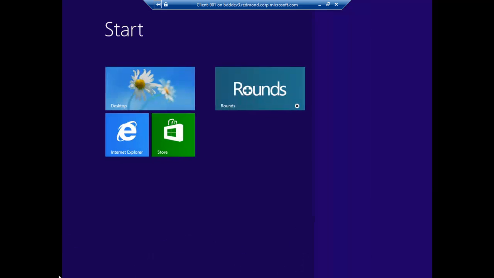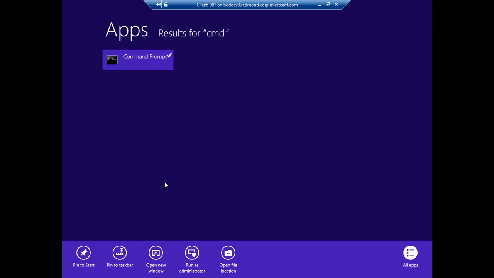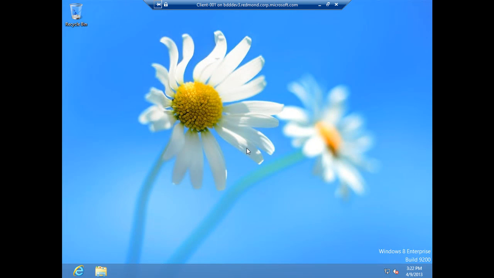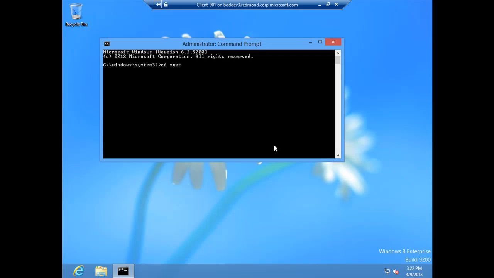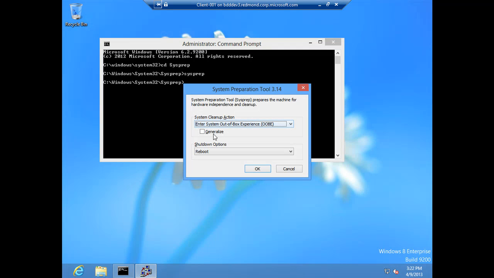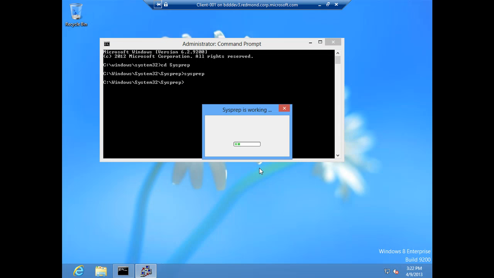So let me bring up that command prompt again. Go to sysprep, generalize, quit, OK. So it will go through, and as part of its cleanup process, it will detect that these applications are there. It'll generate an error, display a message saying that sysprep failed, and then we need to figure out, well, why did it fail? So while it's thinking about that,